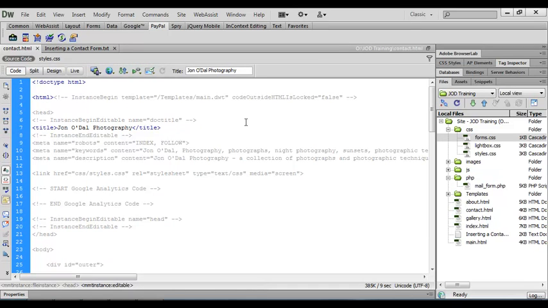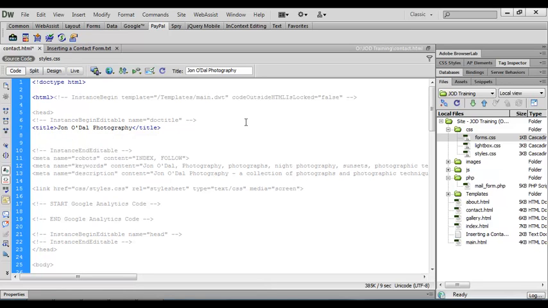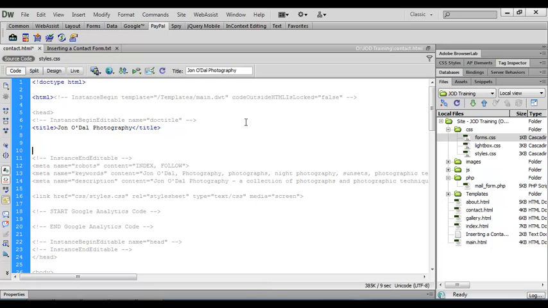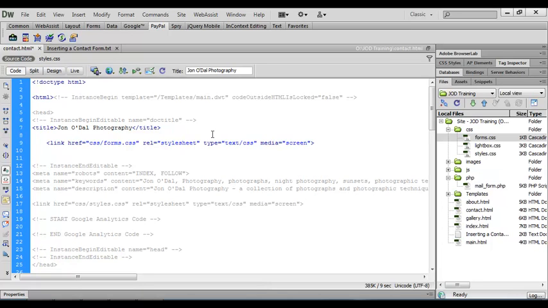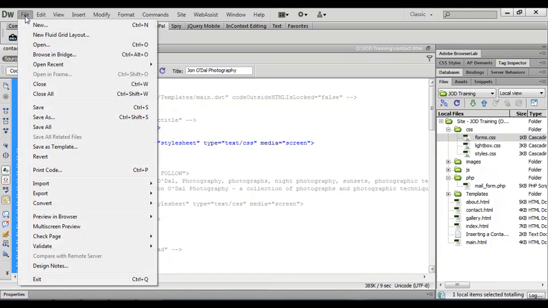Place your cursor at the end of the title in the head section and give yourself a little bit of space, and in there we'll paste that line of code. So that now links back to the CSS forms file. If you're using a different file, you'll need to make sure that this link matches the name of the file that you're going to be using. So again, we'll save that,